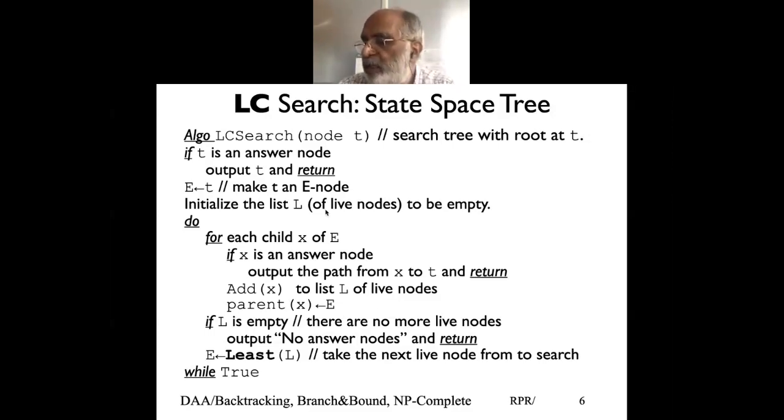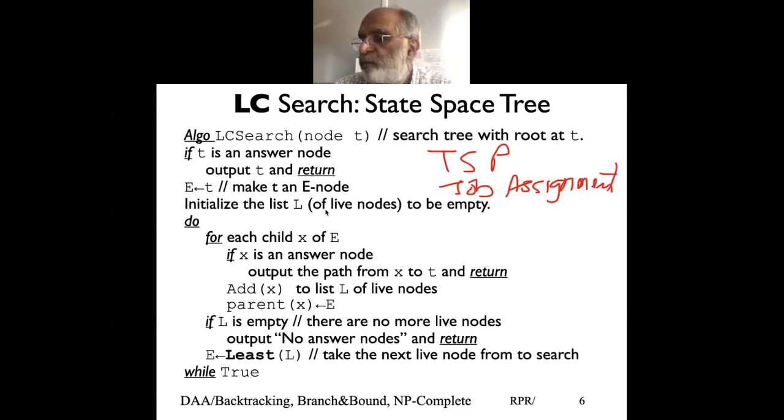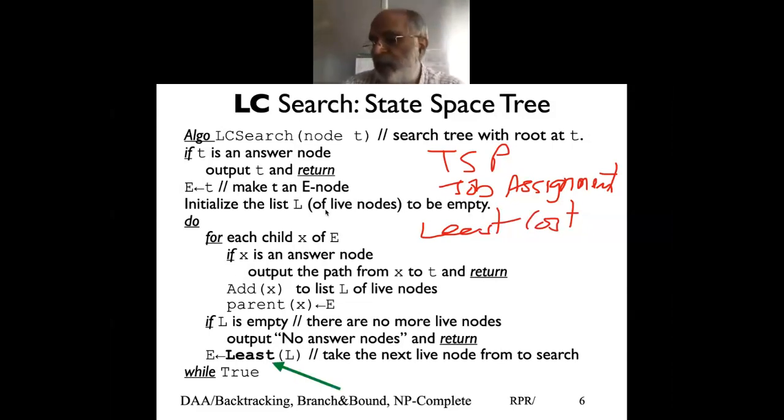If we look at both cases, whether we did the TSP problem or job assignment, when we did branch and bound, we are always looking at least cost: least cost tour, least cost job assignment. The majority of the time, branch and bound is used for a minimization problem. And as we said, if the list of live nodes is implemented as a heap, we pick the least node to explore, and other nodes in the queue remain there till we reach a leaf, but we are done with it.